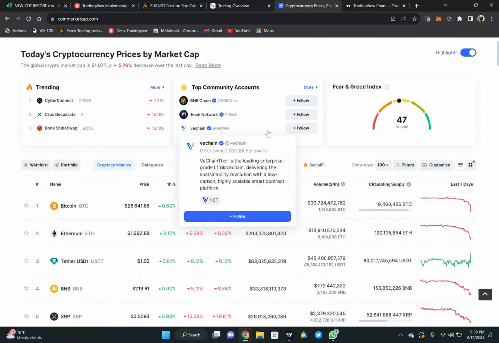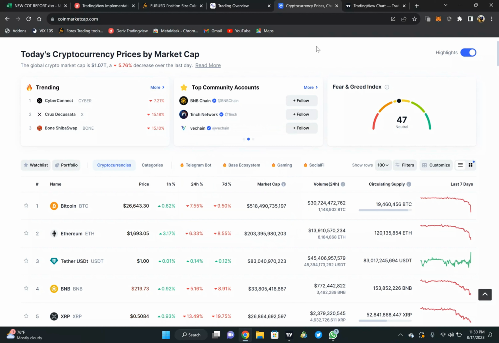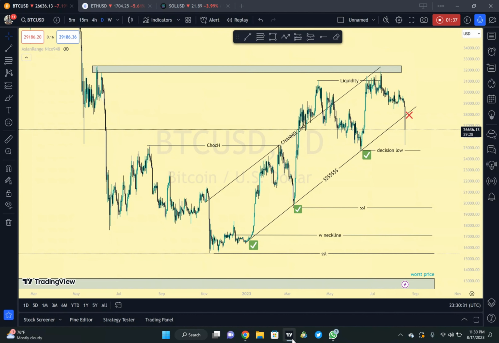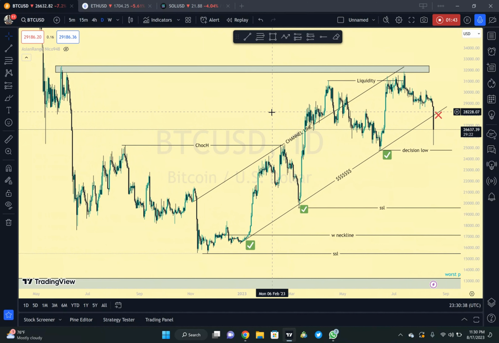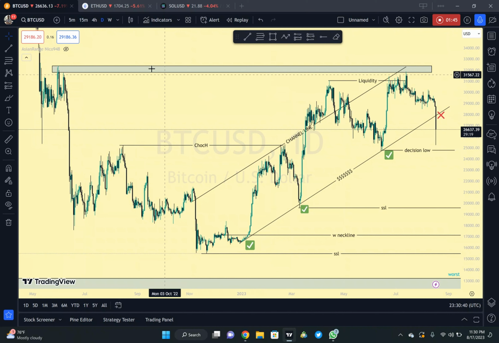So when Bitcoin is going up, every other cryptocurrency will go up, and when Bitcoin is going down, all other cryptocurrencies will follow suit. So let's go straight to the BTC USD chart and see what is currently happening. When you come to the Bitcoin USD chart, you can see that the market was in a downtrend from this area. The market made this low,